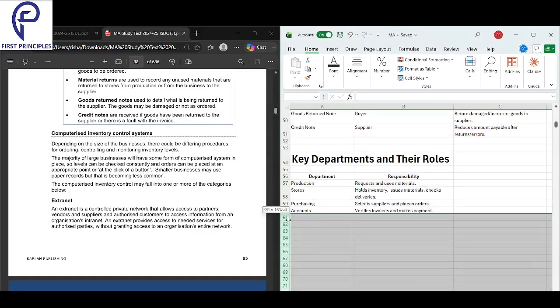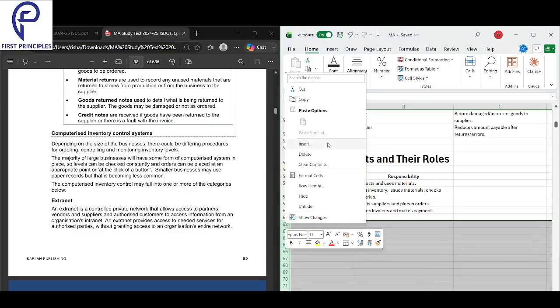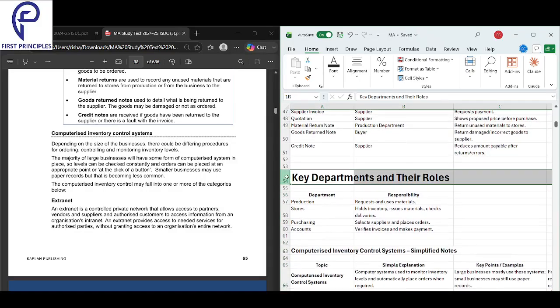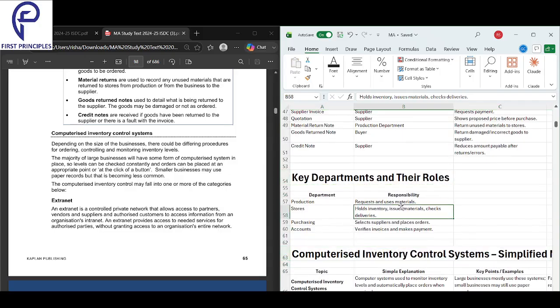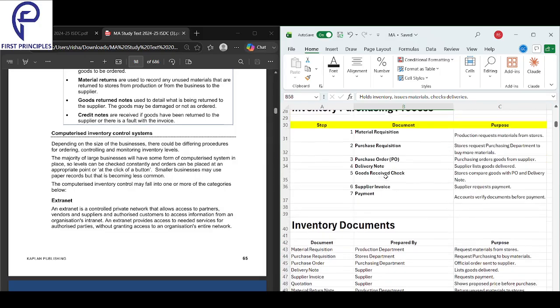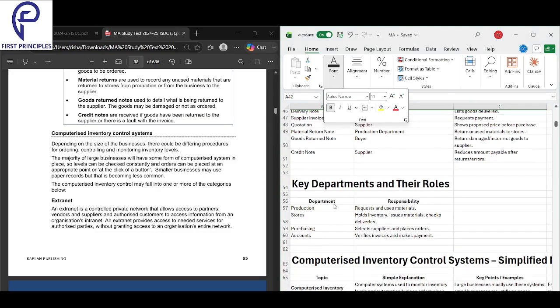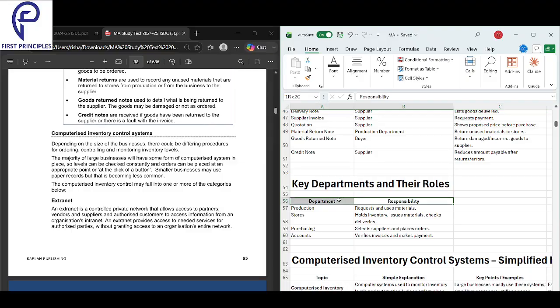Next, look into computerized controls here. Let's get a strong understanding about that. What about computerized controls? What do we have in store with regards to computerized controls here? We look at documents, all done well. Now coming to the computerized department. What about the computerized inventory controls and systems?